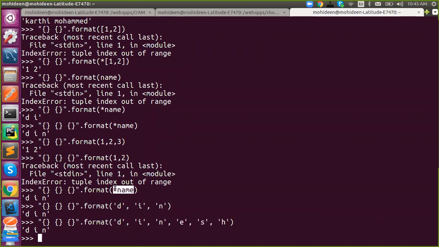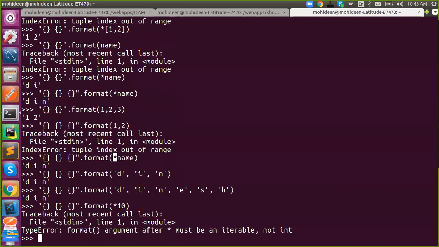You can simply pass an input, an object, and just use star. This will actually unpack your content, but it won't work with an integer because an integer is a fixed value.